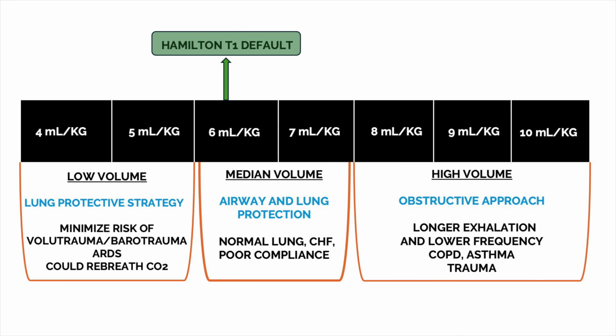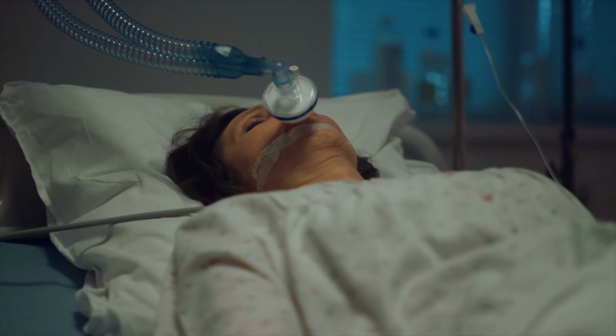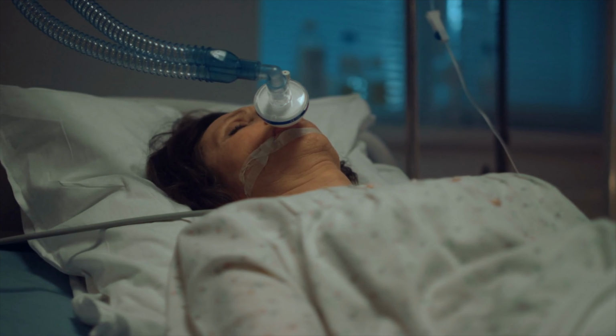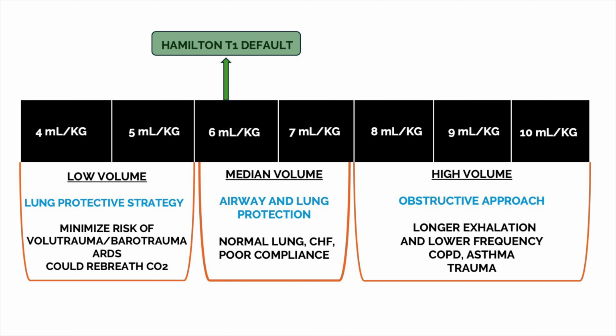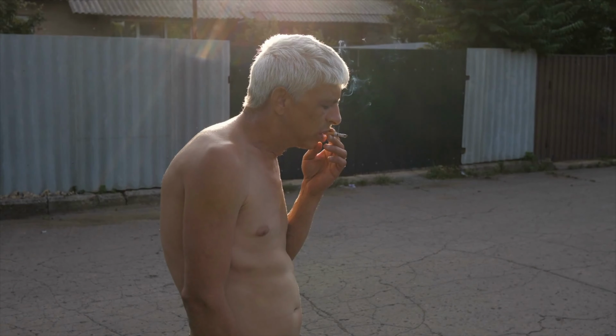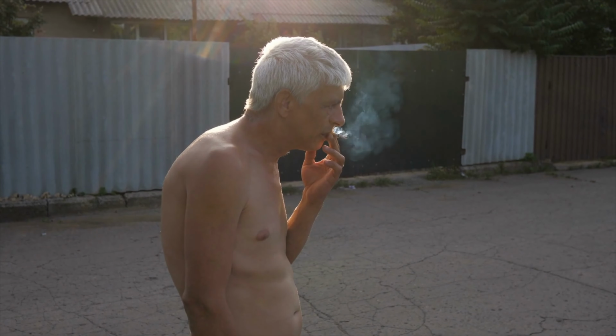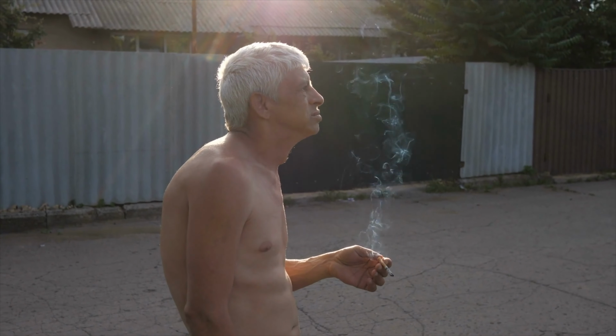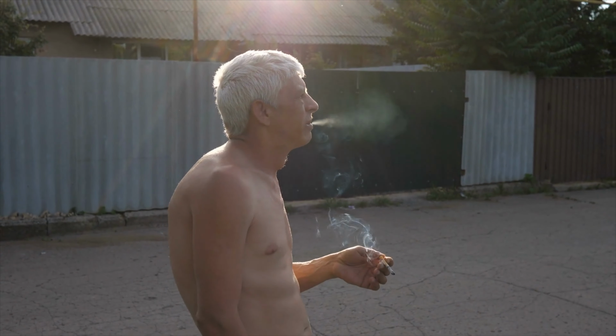The volume per kilogram can range between 4 milliliters per kilogram to 9 or even 10 milliliters per kilogram. Patients in the 6 to 7 milliliter per kilogram range may be on a mechanical ventilator for airway protection, heart failure, early ARDS, or could have issues with poor lung compliance. At the higher end of the scale, in the 8 to 10 milliliter per kilogram range, patients with highly compliant lungs and obstructive pathology, such as COPD, may benefit from larger volumes and a lower frequency to allow a longer